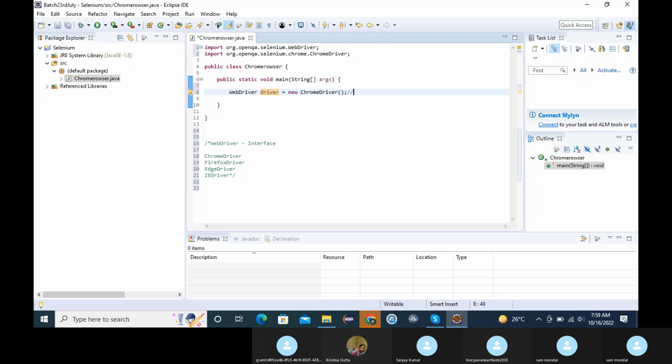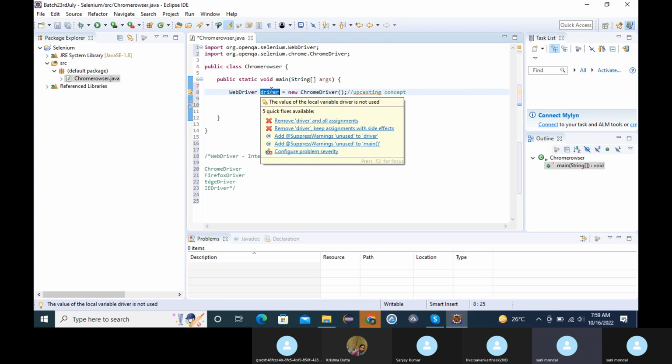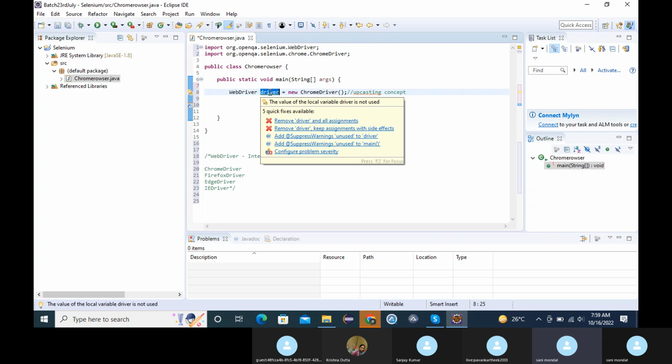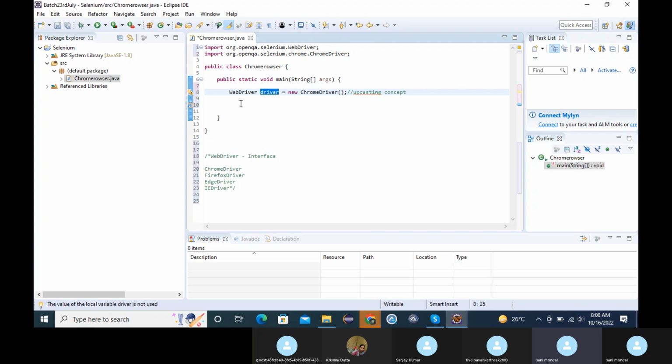This is based on the upcasting concept in core Java. After this, this driver reference variable has a reference to the Chrome browser that is opened by this object. If you want to perform any activity on the Chrome browser, you can do that with the help of this driver reference variable. So you will write driver dot